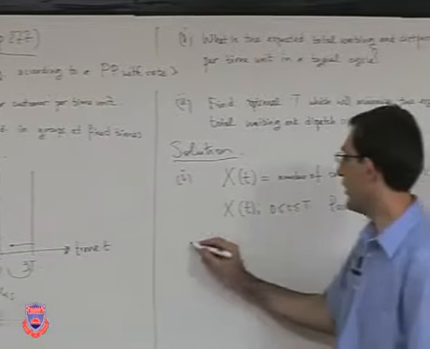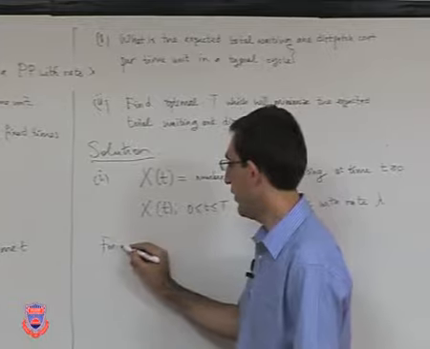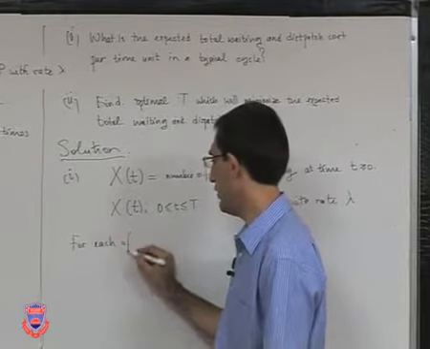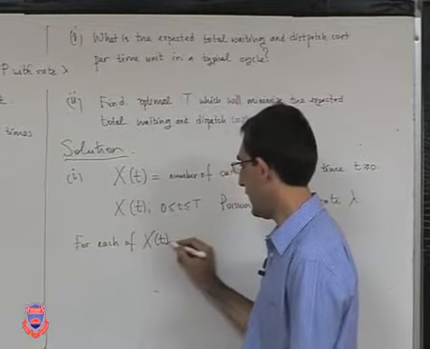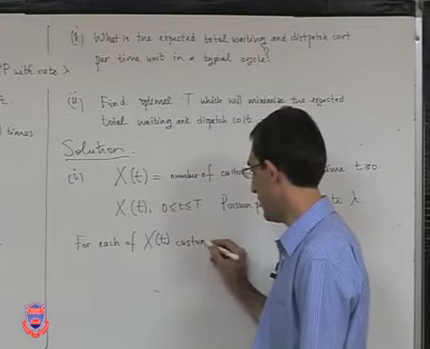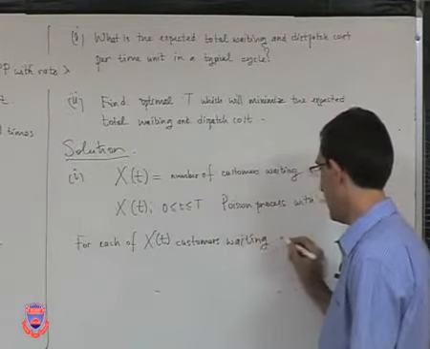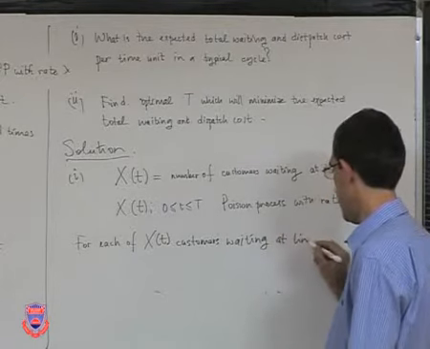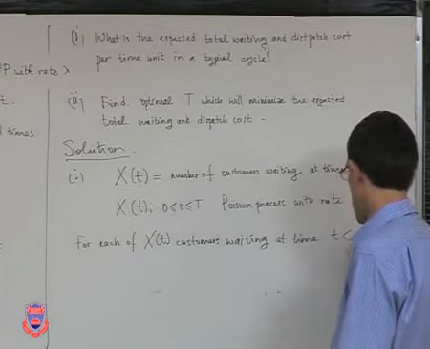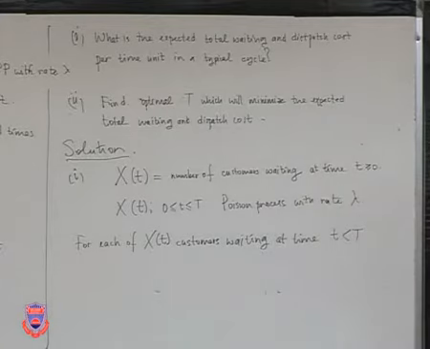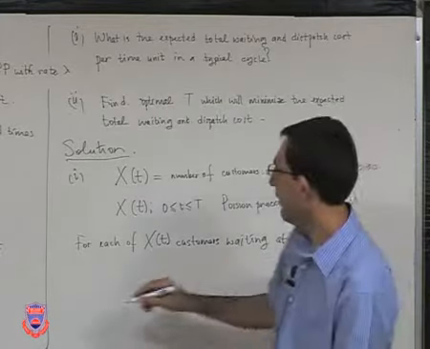So we can write it carefully here. For each of the xt customers waiting at time t, before this dispatch time, capital T,